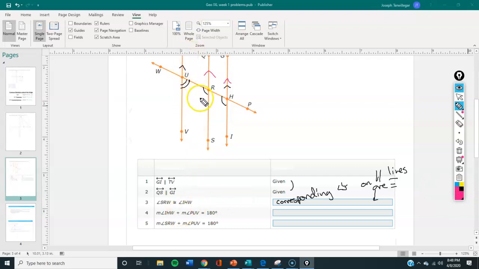How do you know that IHW, this one, plus PUV, this one, adds up to 180? Now these are parallel because it told us they were. So now I can say same side